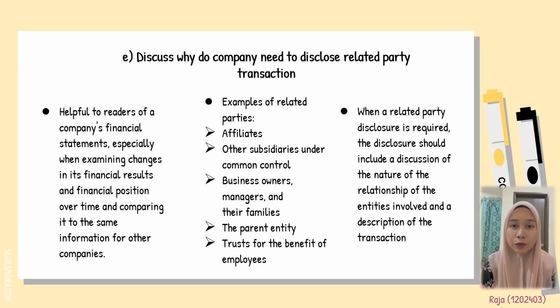When a related party disclosure is required, the disclosure should include a discussion of the nature of the relationship of the entities involved, and a description of the transaction, including transactions to which no amount or nominal amounts were ascribed, any information a user might need to understand the transaction, the amount of the transactions during the reporting period, along with any change in the method of establishing the terms from the preceding period, and amounts due from all related parties. After reading a complete related party disclosure, a financial statement user can evaluate the significance of these transactions and make a good decision.